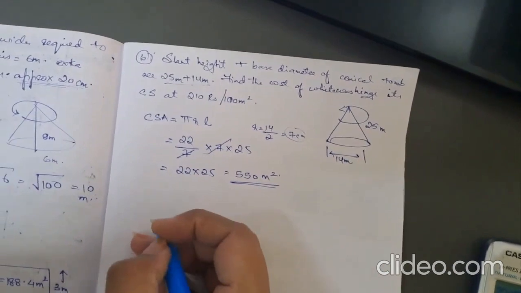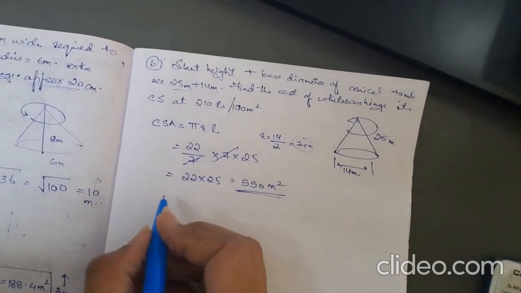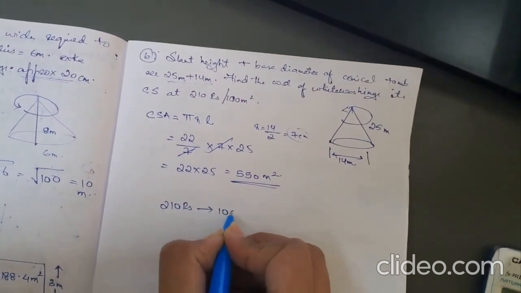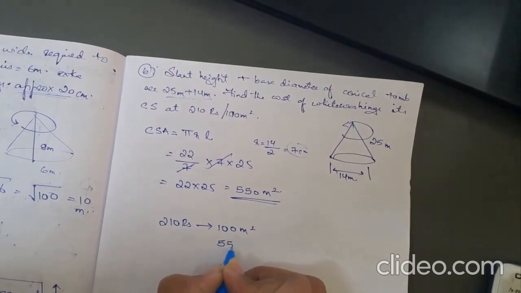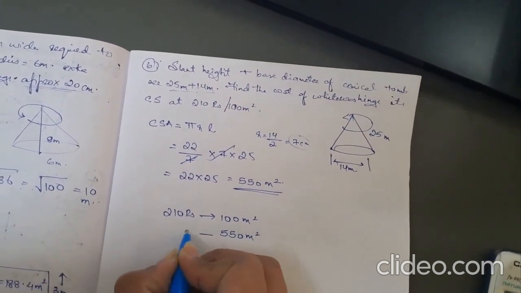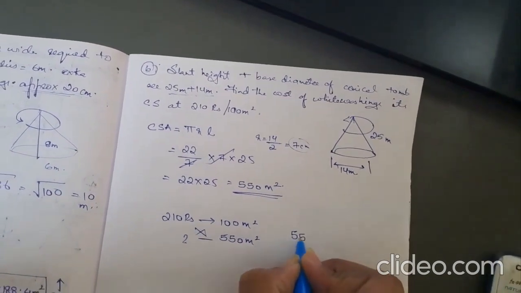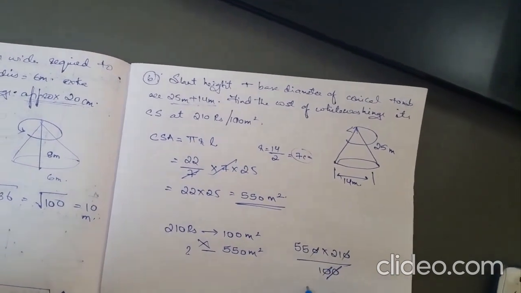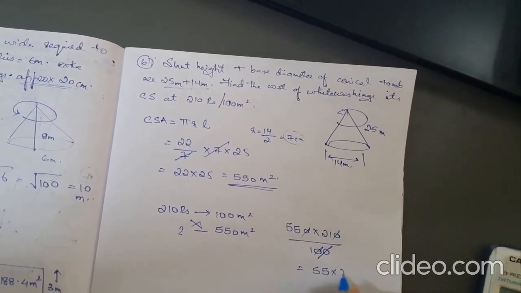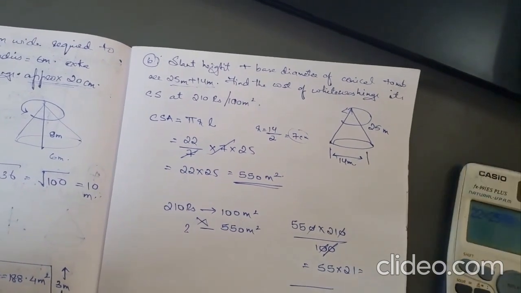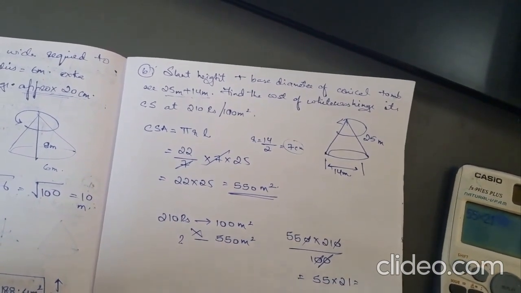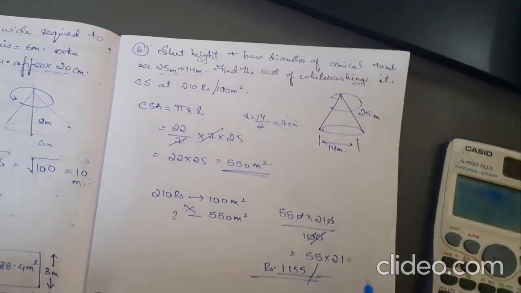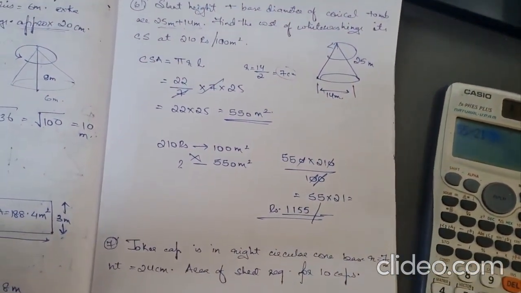Okay, now what am I supposed to do? I'm supposed to find the cost of whitewashing. To whitewash it, I know it is 210 rupees per 100 meters square. So 550 meters square is for how much? So it goes 550 times 210 upon 100. I'm left with 55 times 21. That simply turns out to be, 55 times 21 is 1155 rupees. That is the amount for it. Okay,